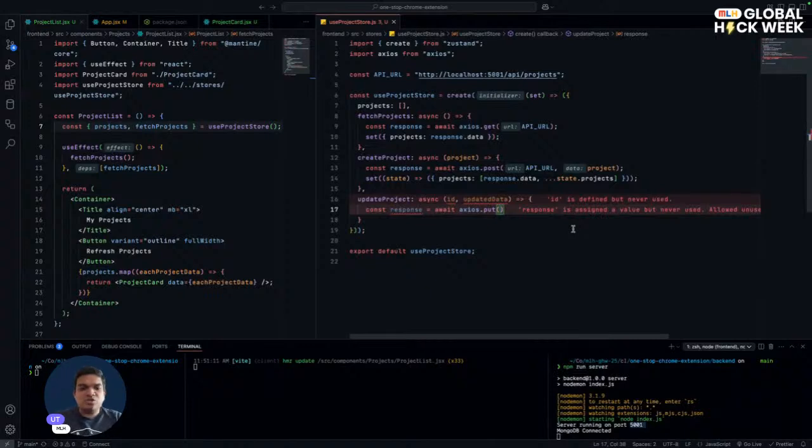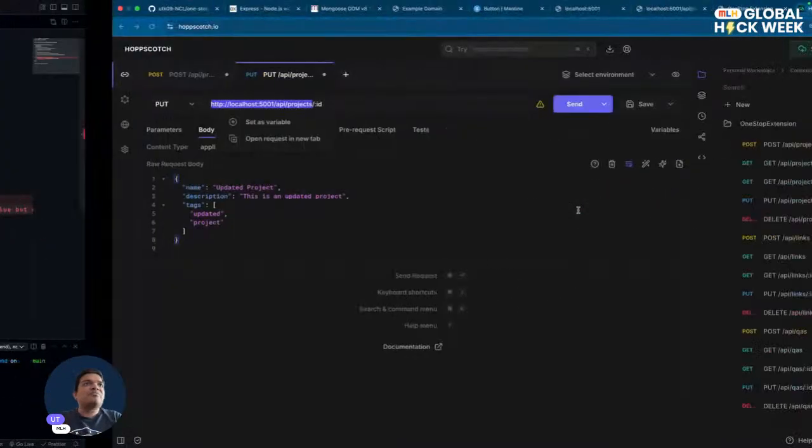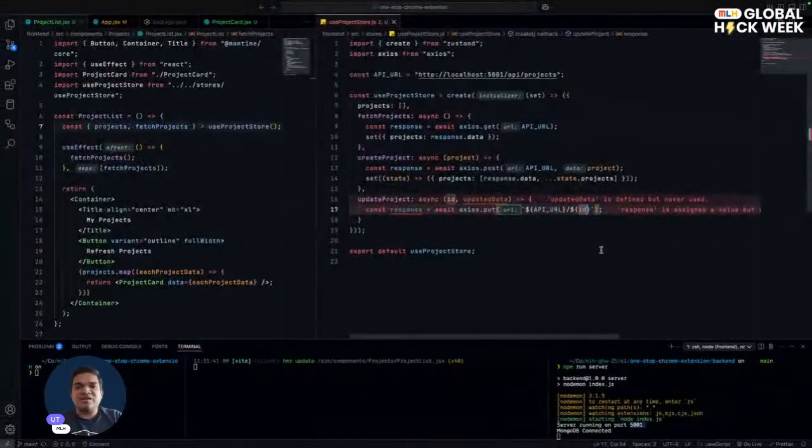So to do that, I'm going to use backticks, dollar sign, curly brackets, so that I'll call the variable here, and do a slash and then again a dollar sign, curly brackets, and inside this the second variable. So this will get resolved to http://localhost:5001/api/projects/ID, whatever is the ID, 1234567, something like that. So this is the new URL that we are going to send a PUT request to,